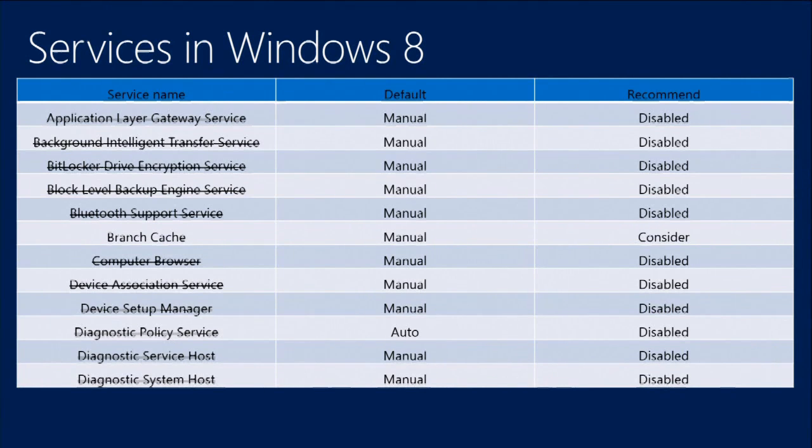BitLocker, I'm pretty sure we don't need BitLocker in the VDI scenario. Backup, we don't need. Bluetooth doesn't work. Device setup. I also turn off the diagnostic policy service. That is, if you try to browse the internet and it doesn't work, it shows you, would you like me to fix the problem? And then it starts the diagnostic engine that shoots up the XML file and gives the information to the user